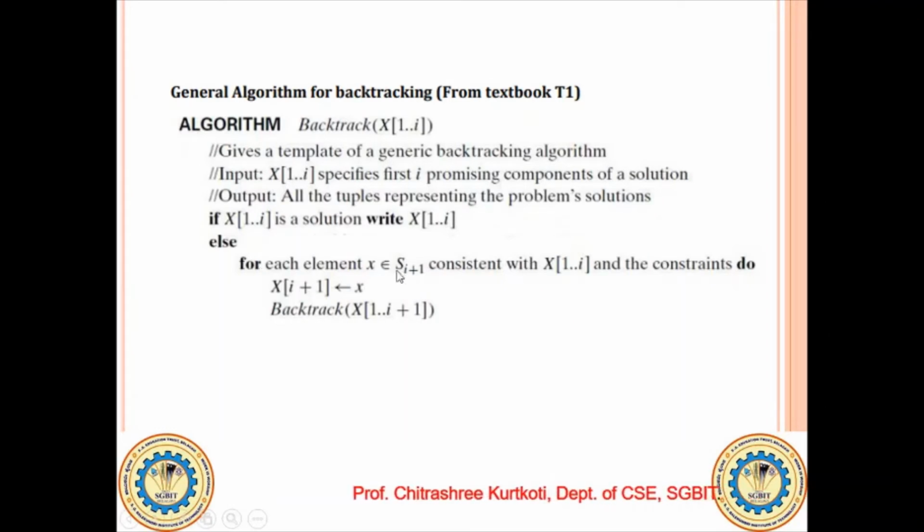Else the same component is not going to be considered as feasible, and we are going to move to the next component for checking its feasibility. So here we are going to repeat the same thing again. That particular component is checked for its feasibility. If it is feasible, we are going to add it into the feasible track of solution. Otherwise, we are going to leave that and move to the next component.